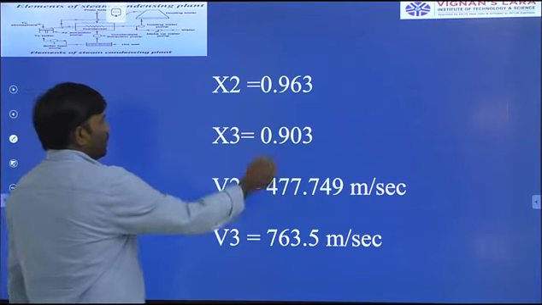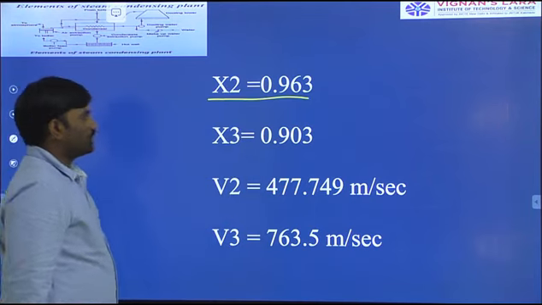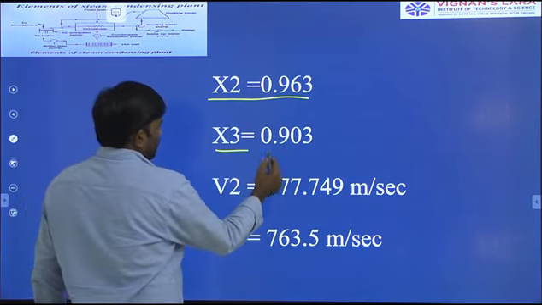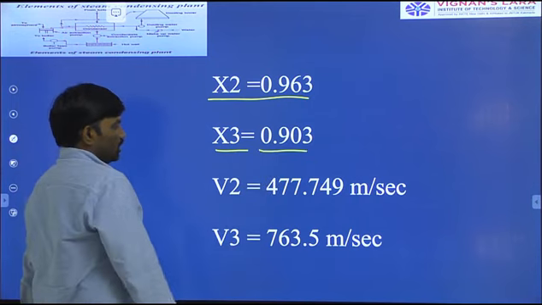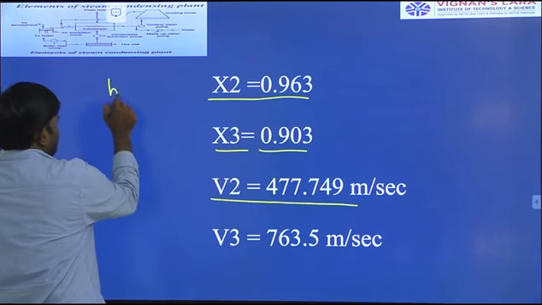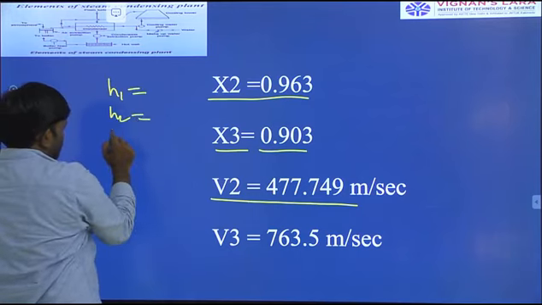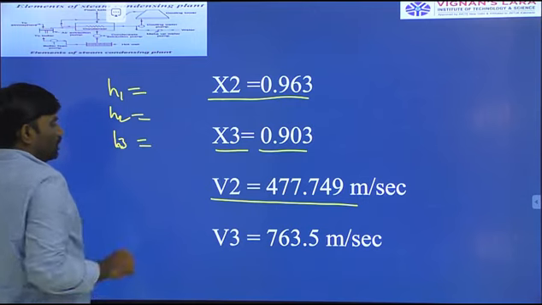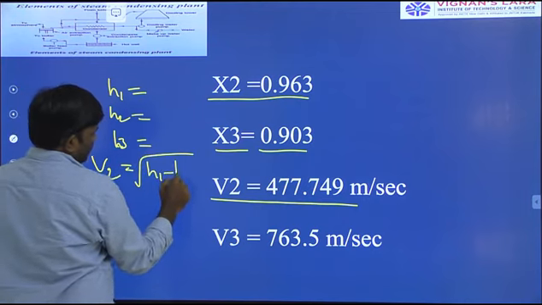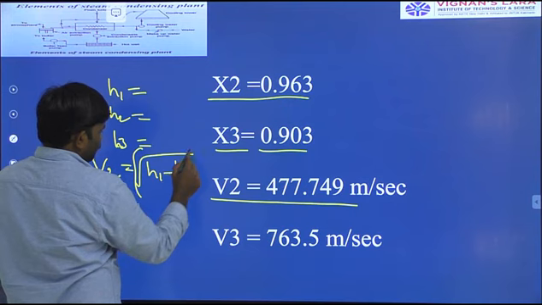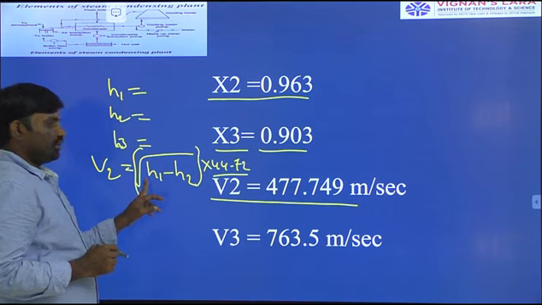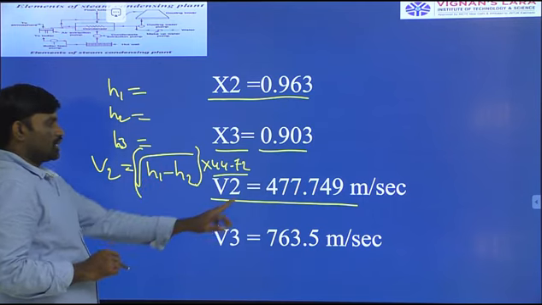Okay, after applying the suitable relations, you can easily determine X2 is equal to 0.963 and X3 is equal to 0.903. And V2, how do you calculate V2? After calculating H1, H2 and H3, you have to calculate V2. V2 is equal to the square root of H1 minus H2, multiplied by 44.72. That is 44.72 into the square root of H1 minus H2. You can get V2 value